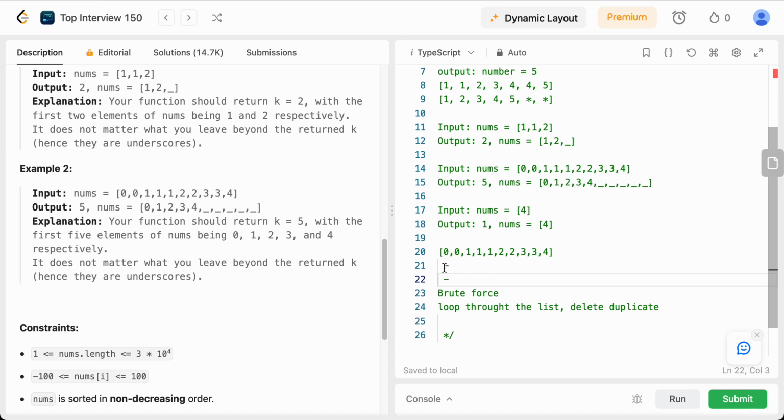Let's say first we loop through 0, and then we say our previous was 0 and move to the next value, and now we check our previous and the current one are the same, so we can do an action like splice, delete from the middle of the array,